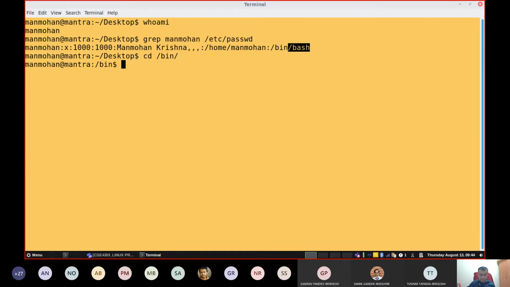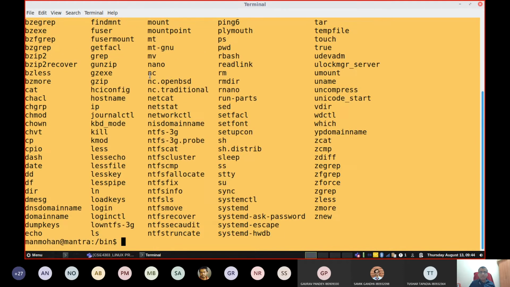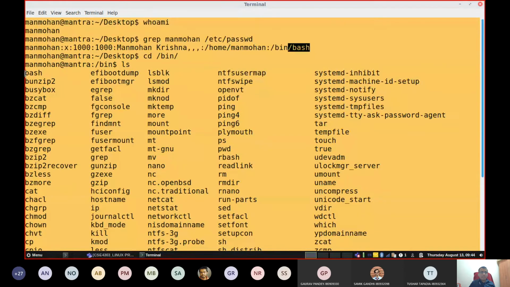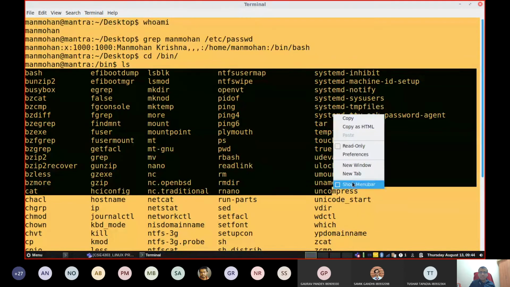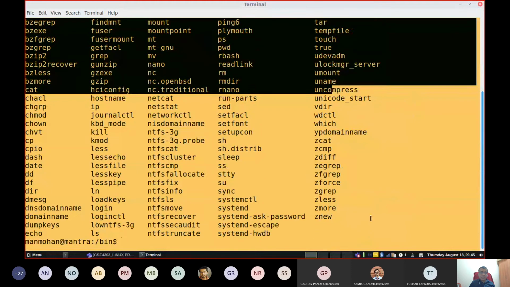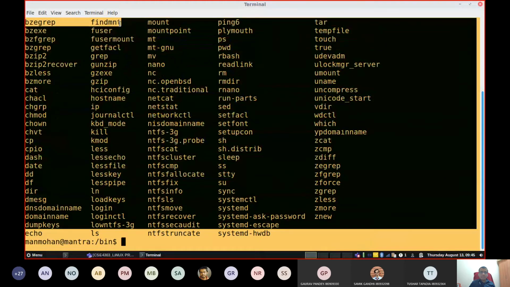Now look into this. Just view the content using the ls command. See, all these are different commands used at the command prompt. Different commands are there for different purposes.